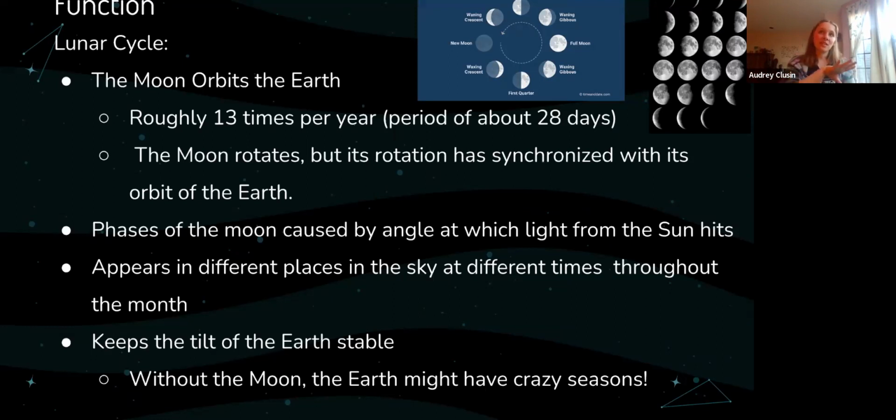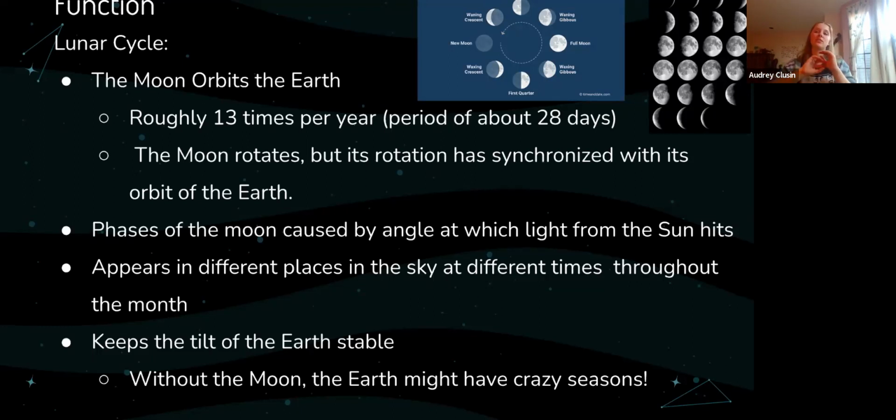Anyways, the moon also keeps the tilt of the Earth stable. I talked about this last week, but one of the reasons why the zodiac isn't entirely accurate is because the Earth's rotational axis has been tilting throughout the years. So one of the things that keeps the axis from going all out of whack is the fact that the moon is pulling on the Earth and it's stabilizing it. So like I said here, without the moon, the Earth might have crazy seasons because the axis might be really, really tilted.